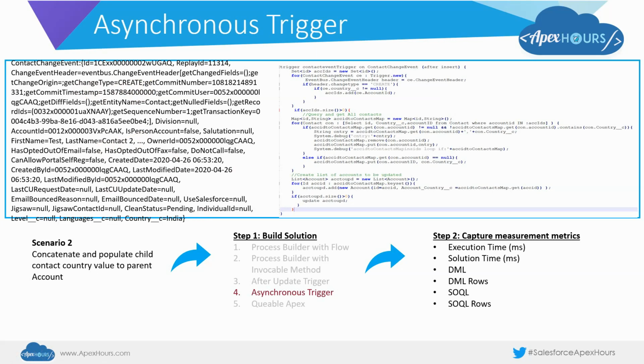If it is an update statement, only difference is that you will not be having all the field details as part of contact change event, but you will have only the fields which just got updated. So if you want to do some additional operations by fetching values from other fields, you might need to execute an additional query to fetch those details. But since you are in an asynchronous mode, it's still fine.